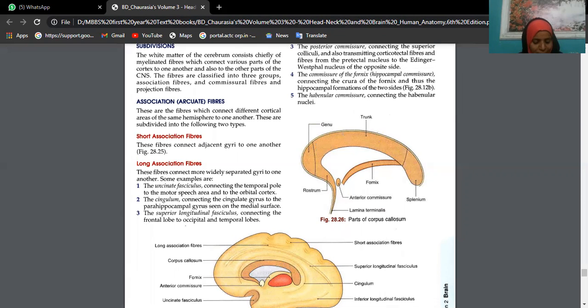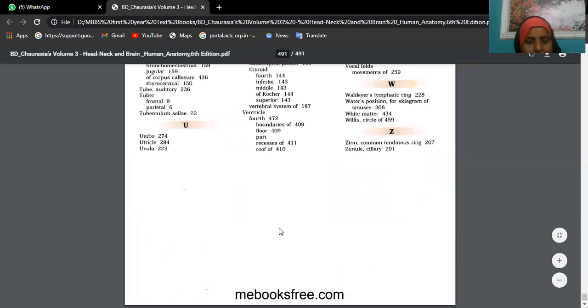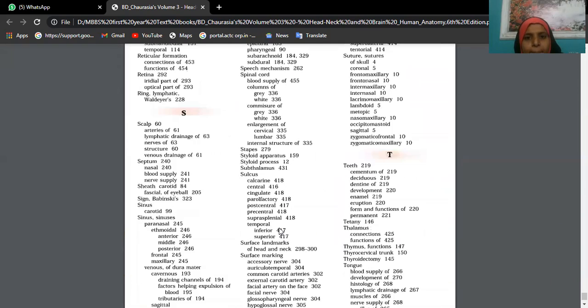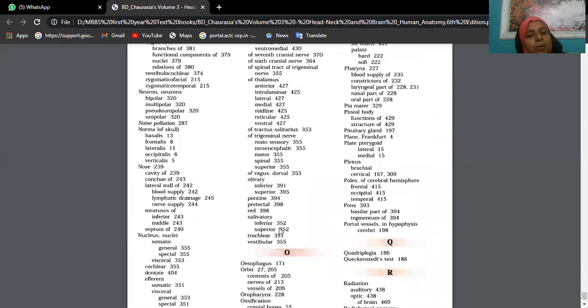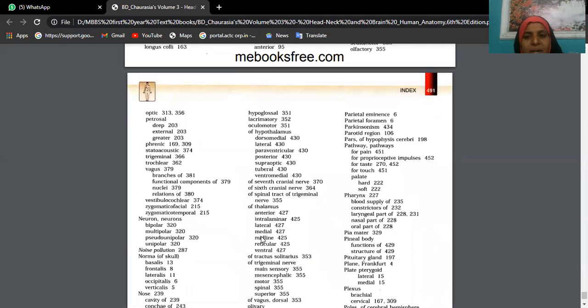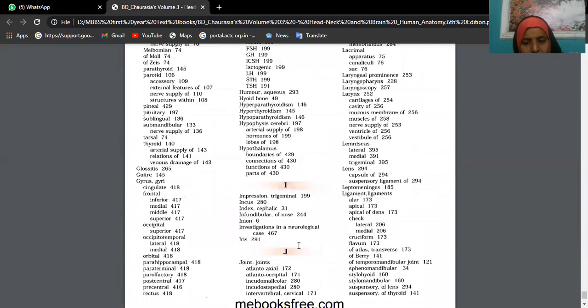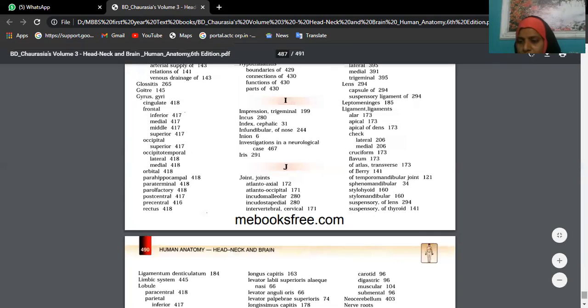One more neuroanatomy question. Ligamentum denticulatum. Do you remember, beta? The definition at least? I think it's a part of pia mater. Excellent. That's why I told you, you already know the subject. You need to just study now. Ligamentum denticulatum, these are the extensions of pia mater, no? Yes, ma'am. Page 184.